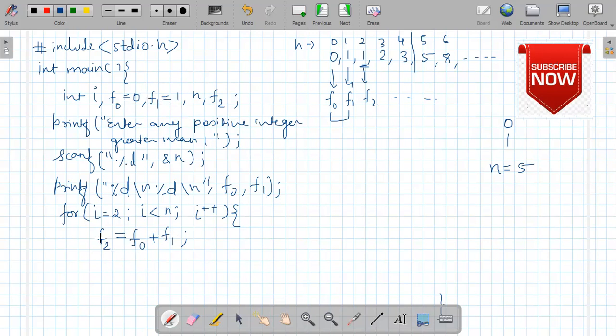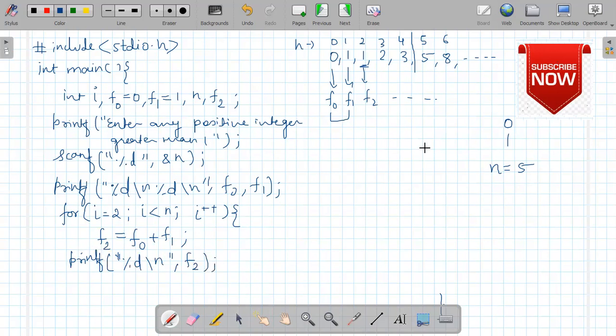Once this value is calculated, we have to print it. So we use the printf command and we use %d \n and we write here f2.